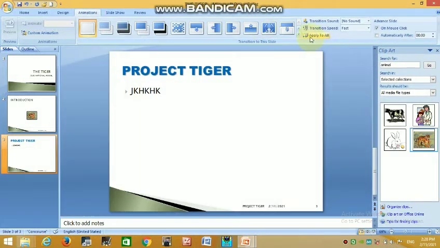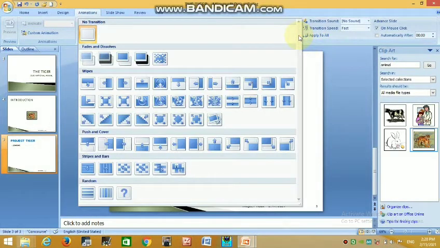When you click on this arrow, you can see other options. In the transition to slide group, click on the arrow to see a drop down. Click on the scroll down arrow and scroll up arrow, or use the scroll bar to go through all the transition effects. Here are some effects.